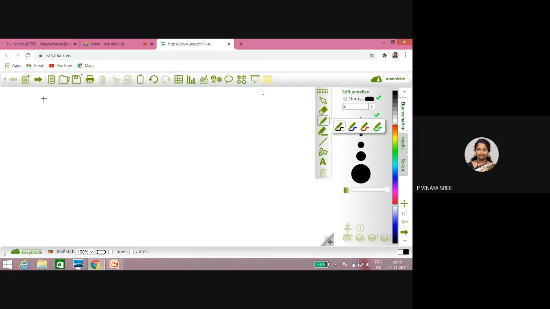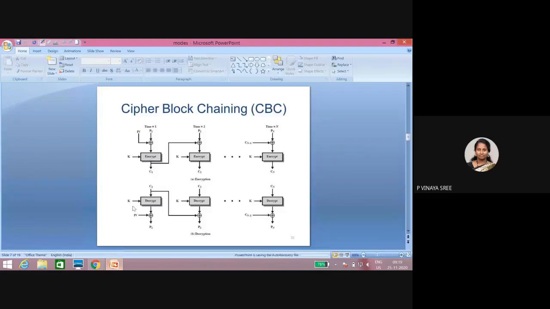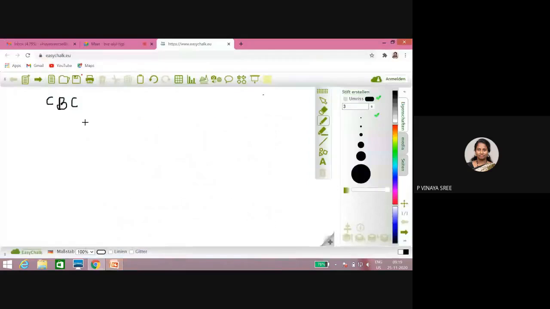To overcome that, we went for cipher block chaining. In cipher block chaining, P1 is XORed with the initial vector if it is the first block.